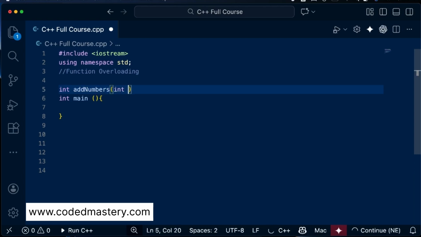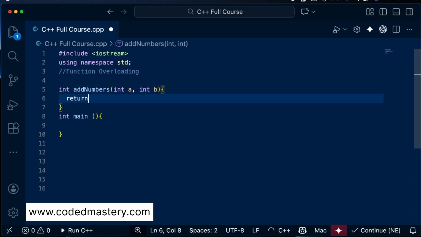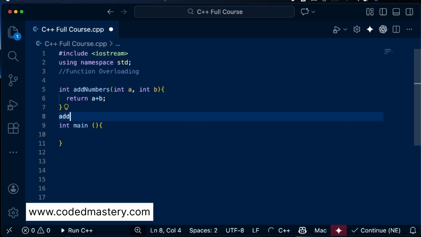Then I'm going to be receiving int a and int b, right? And then I'm going to return a plus b, like that. Then another function, add numbers,